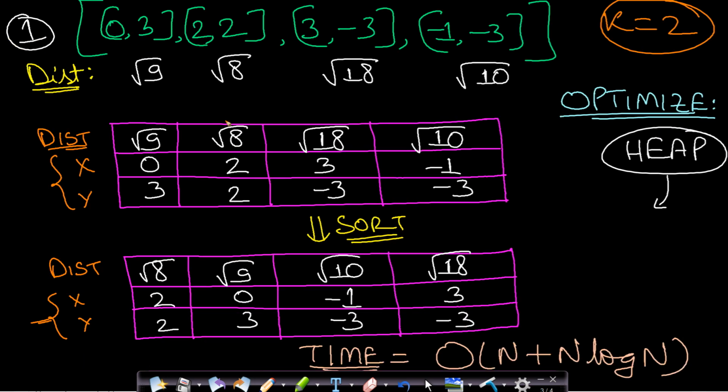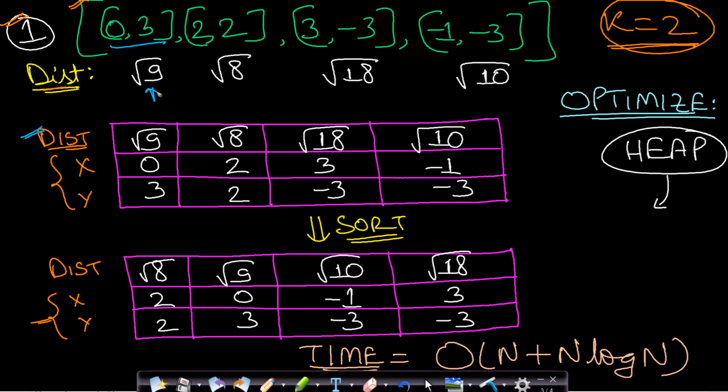I will be showing you 2 methods to solve this problem. The first method is, we are taking the same 4 points, and we have calculated the 4 distances with the origin, and we have also assumed that the k value is equal to 2. Now what we can do is take a pair of pair, or an array having 3 elements in each row. We first store the distance in the first value, and in the second pair we store the coordinate points. I have done it in a similar manner.